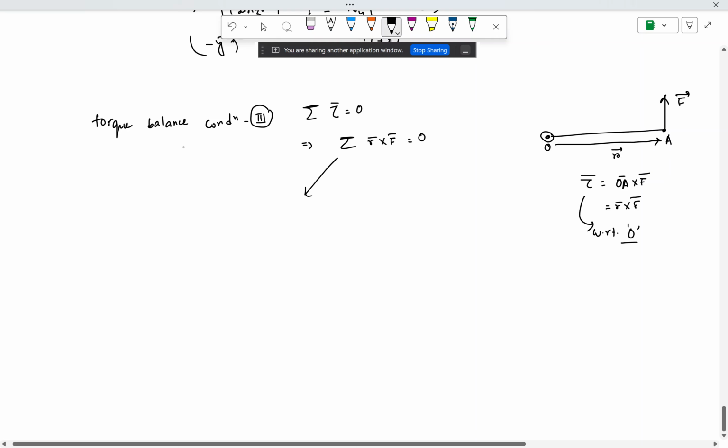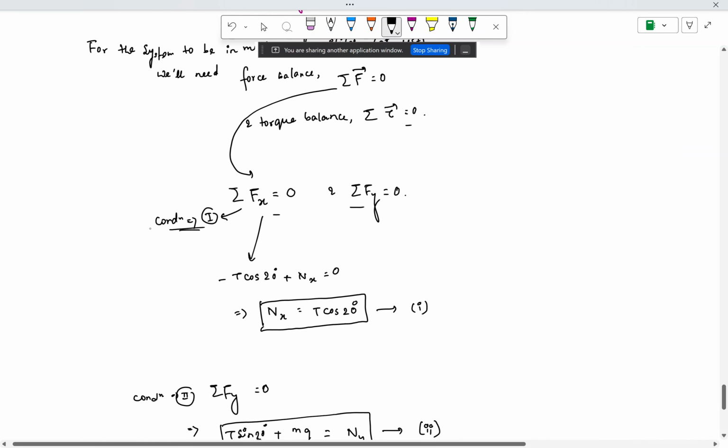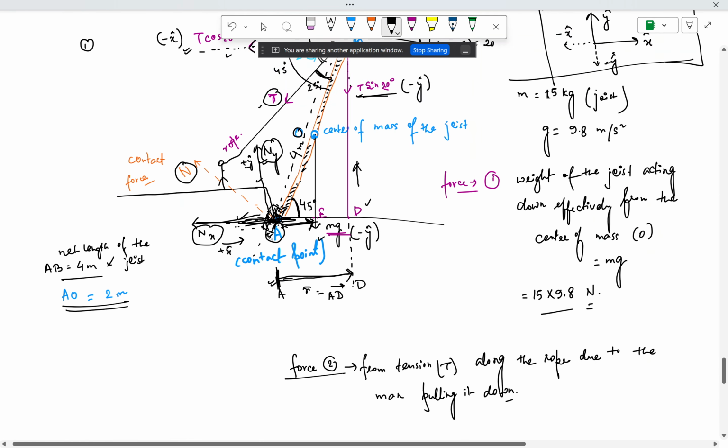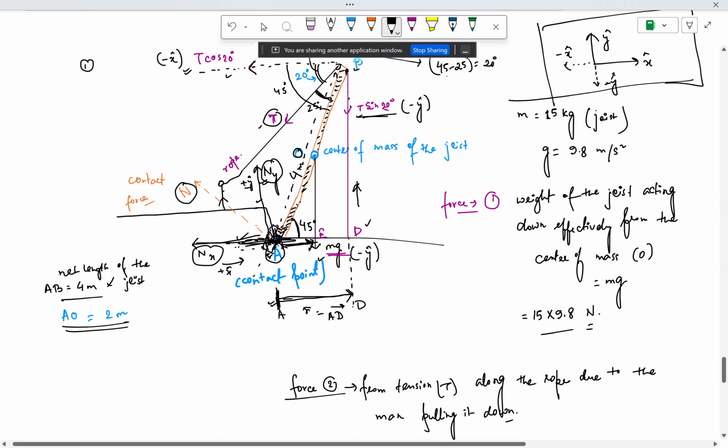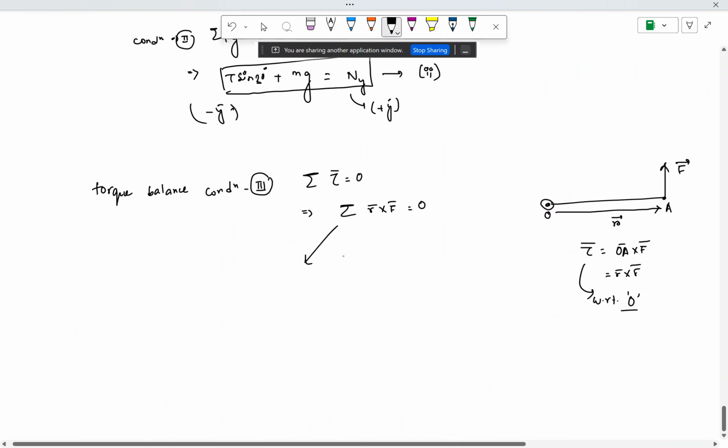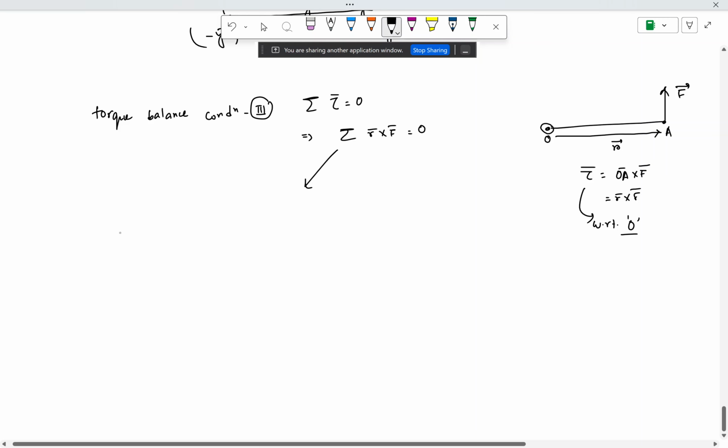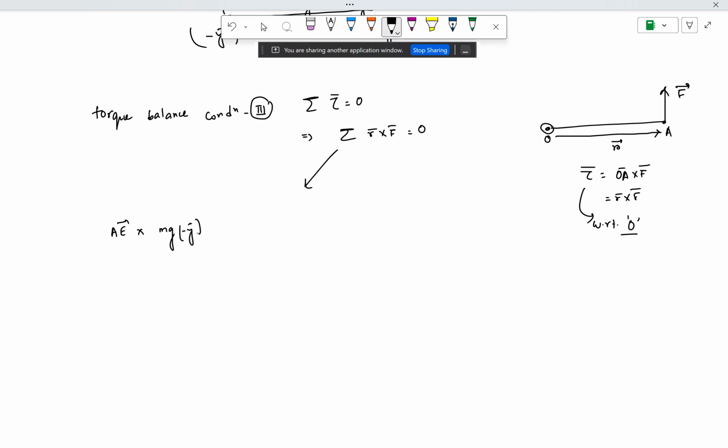So what are the different force components? The first one, for the mg force, is basically the vector from A to E as the r vector, cross minus mg y cap as the force vector. So the first term is AE vector cross mg minus y cap, which is the torque coming from the weight. Plus,